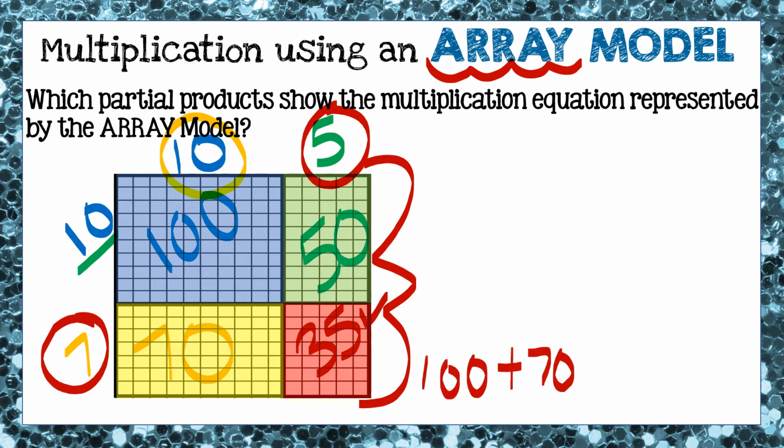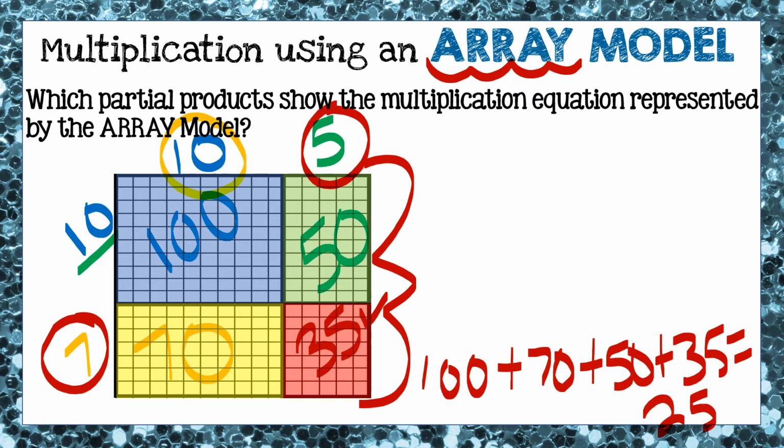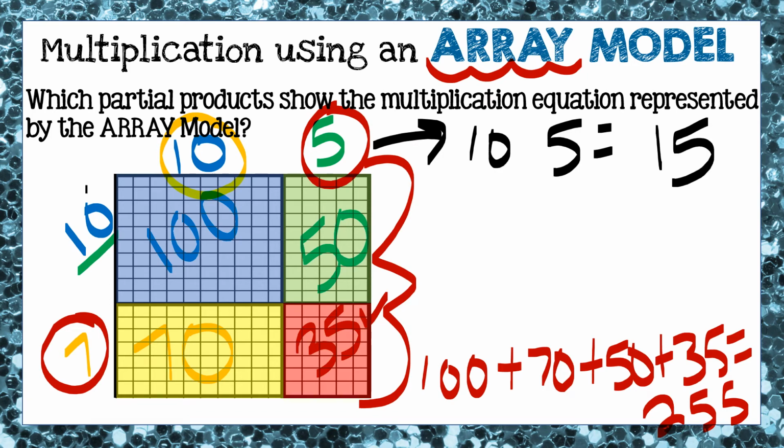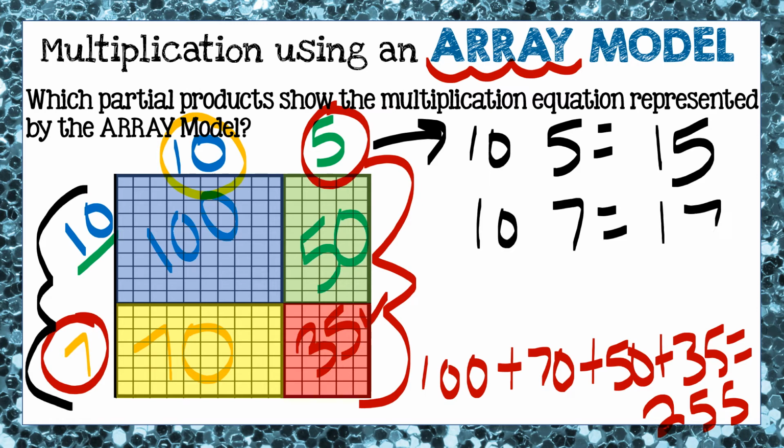100 plus 70 plus 50 plus 35. And when I add those up, I get an answer of 255. What was the original multiplication that got me that answer? Well, 10 and 5, that's 15. And then 10 and 7, that's 17. So the original multiplication equation that gave me this array model was 15 times 17, and it gave you a